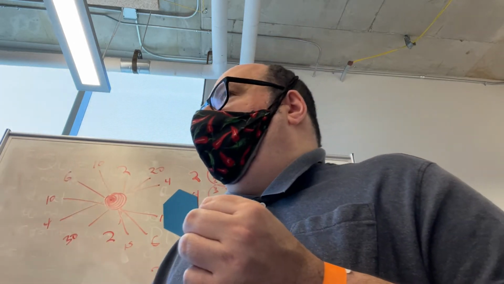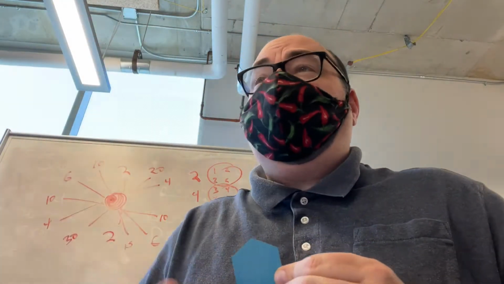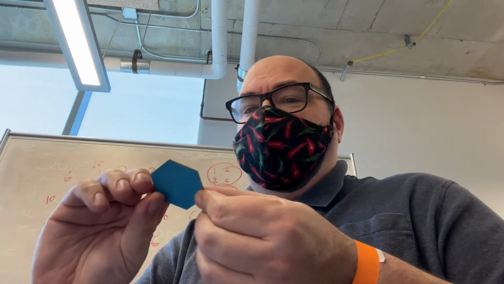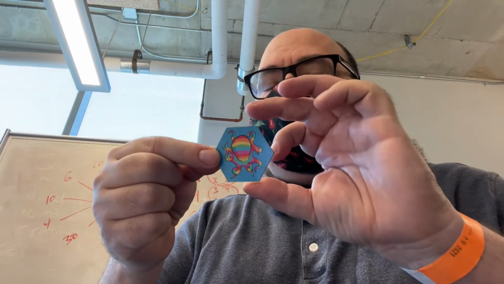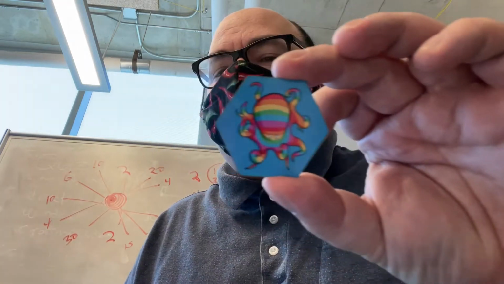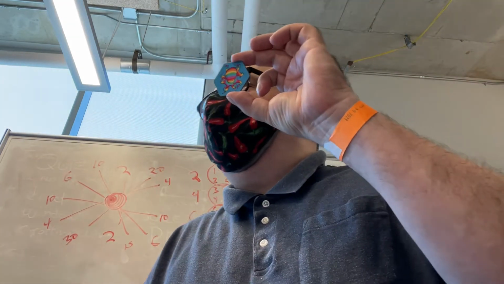So I immediately called up my artist and I said, I need a rainbow squid. He goes, what's a rainbow? I just, give me a rainbow squid. He's like, you know what I want. He's like, no, I don't. But immediately he came back the next day with my little rainbow squid. And I know it's an octopus and I don't care. I called it a rainbow squid anyway. So he made my little rainbow octopus for me.